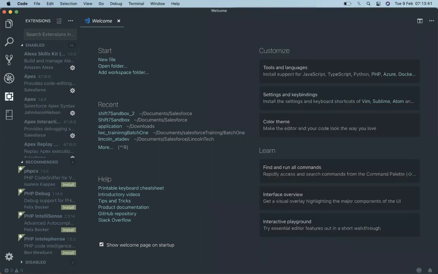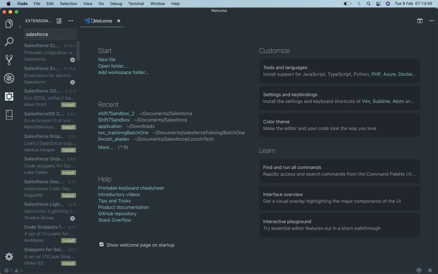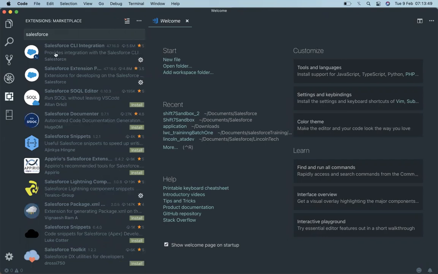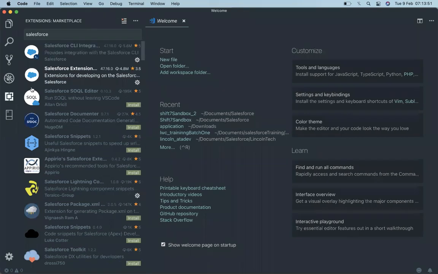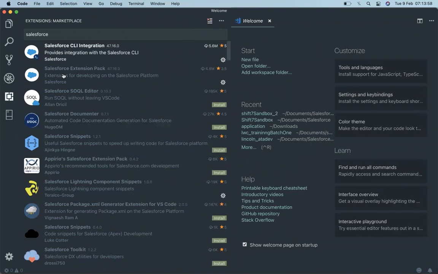After that, you need to type Salesforce. Once you type Salesforce, you will find the first two icons: Salesforce CLI Integration and Salesforce Extension Pack. These two extensions you need to install. If it is not yet installed, it will show an install button here.